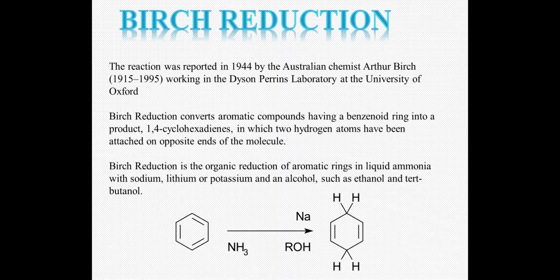into a product that is 1,4-cyclohexadiene. So you convert a benzenoid structure into a 1,4-cyclohexadiene. So the three conjugated double bonds are converted into double bonds at the 1 and the 4th position. Okay, 1,4-cyclohexadiene in which two hydrogen atoms have been attached at the opposite ends of the molecule. As you see in the reaction mentioned below, your benzenoid structure gets converted into a